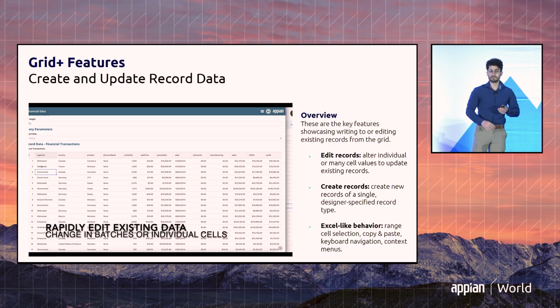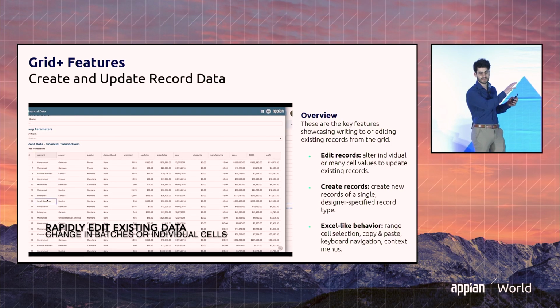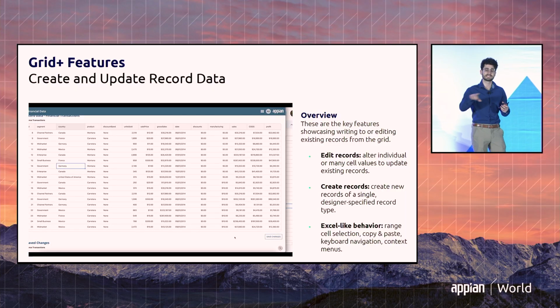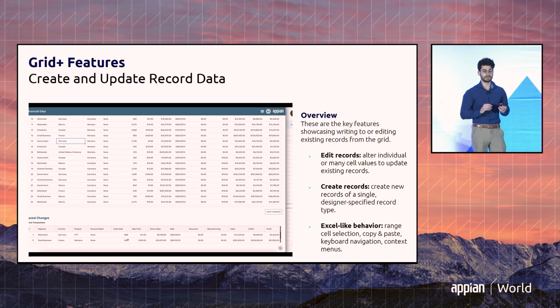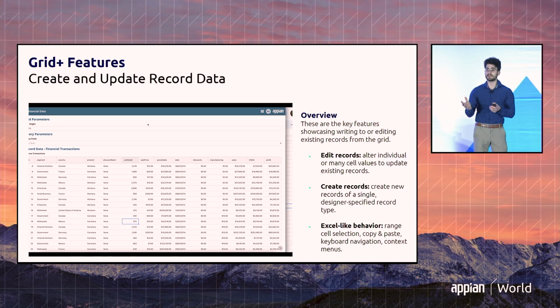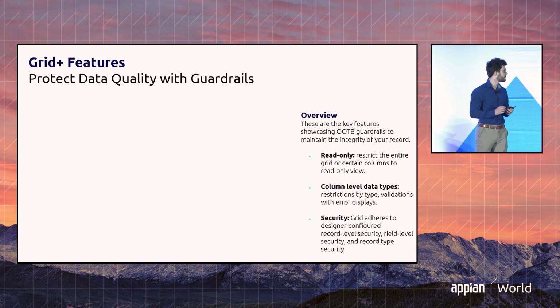And the grid actually comes with multi-select, so I can select all these rows at once and edit it all at the same time. It's all in a structured way. I can use keyboard navigation as a developer myself. I love this functionality. I can easily use Shift, Command, drag around different fields at once. We have copy and paste, a right-click context menu, and it comes with the full CRUD functionality that you'd expect